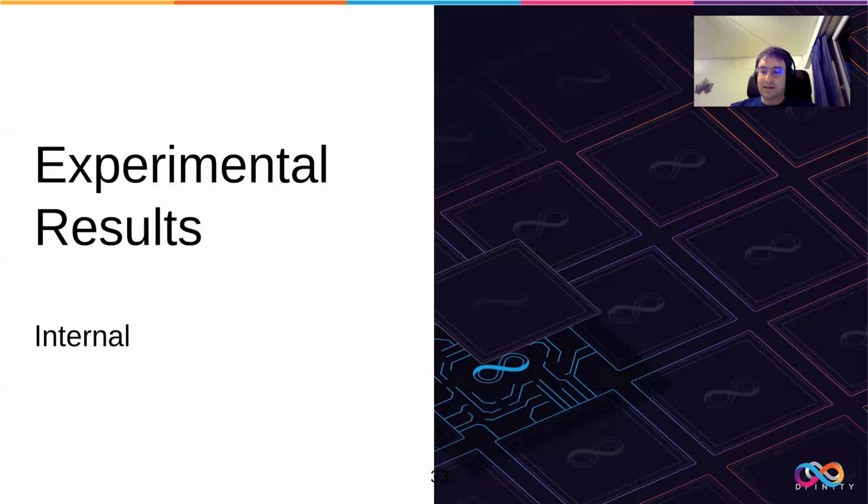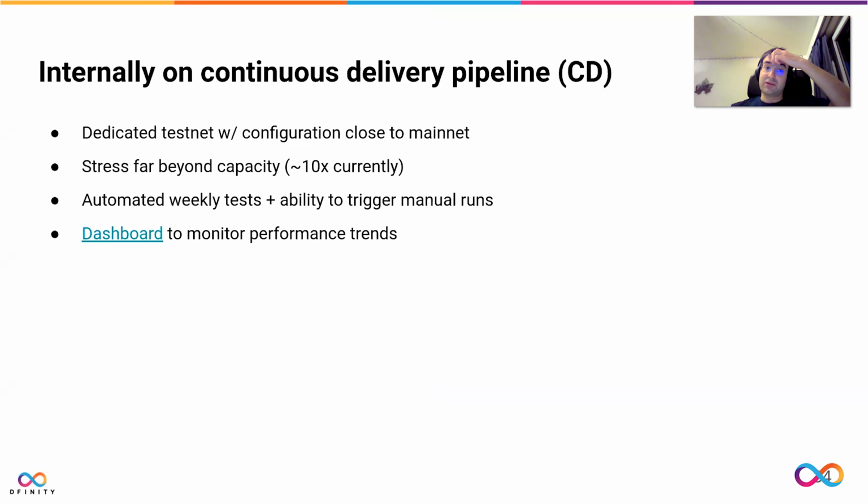Right. A lot has happened since then. So I would like to also spend some time to show you a little bit of what we have internally. Internally, we have a continuous delivery pipeline that periodically runs performance tests on a dedicated testnet, which has a configuration that is roughly the same as what we would have on Mainnet. We stress much more aggressively in our testnet because we don't care as much if we break something. So we typically go up to 10x